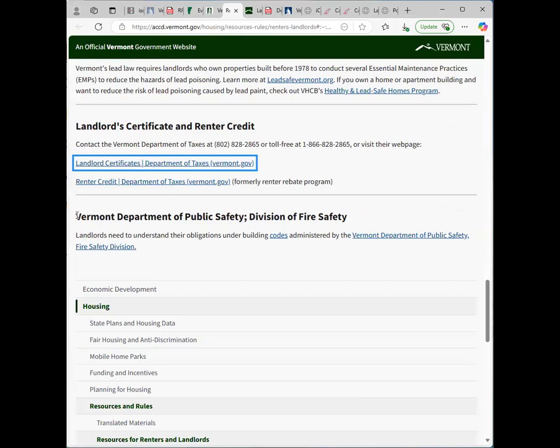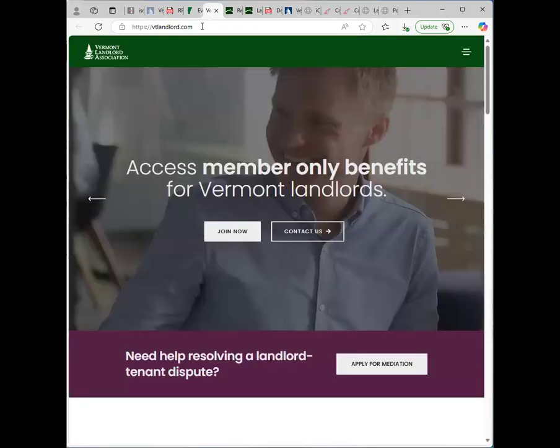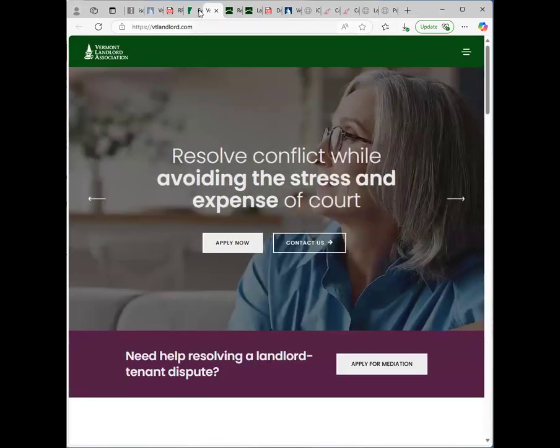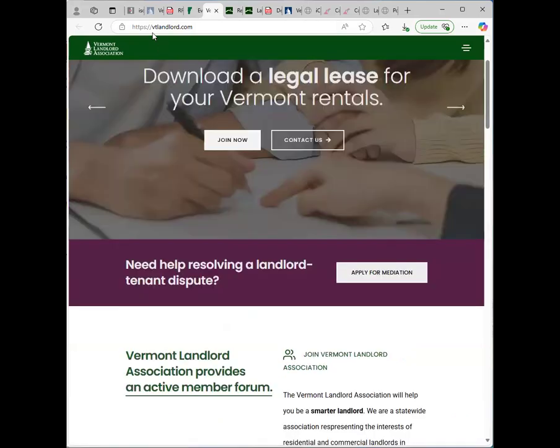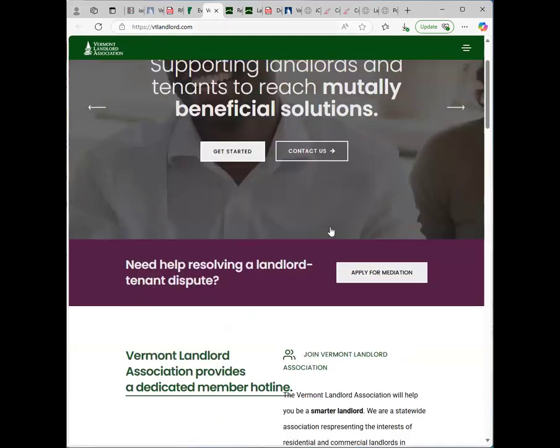One that I wanted to draw your attention to is the Vermont Department of Public Safety, Division of Fire Safety. Let me go on to the next one. This is the Vermont Landlord Association, vtlandlord.com. This is where you would apply for that mediation that I was telling you about: vtlandlord.com, apply for mediation. And then as we go down,